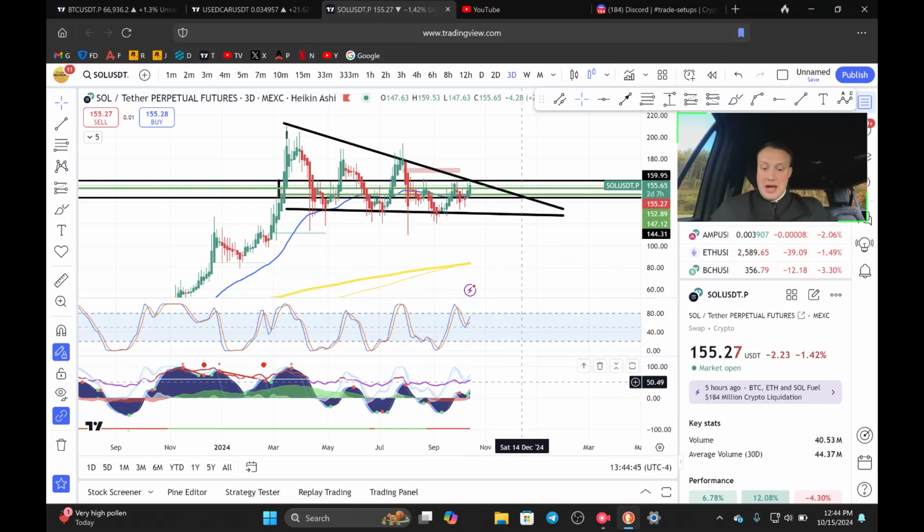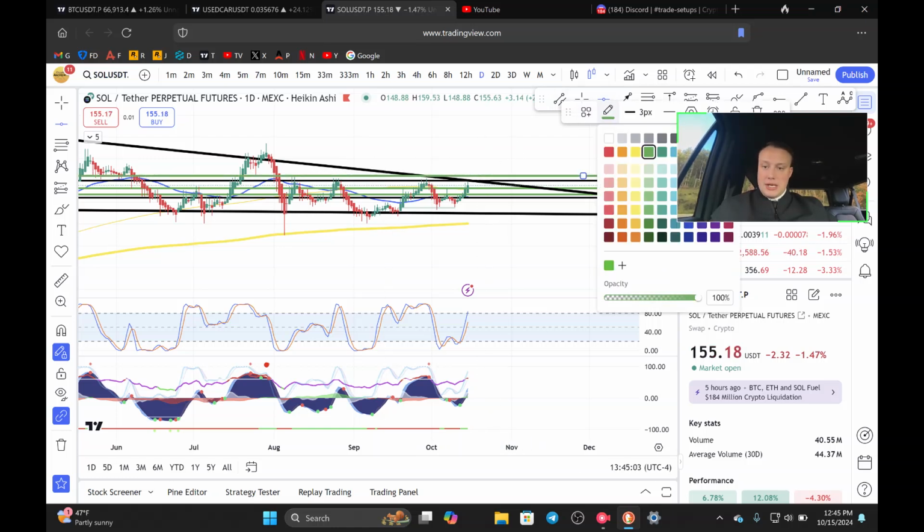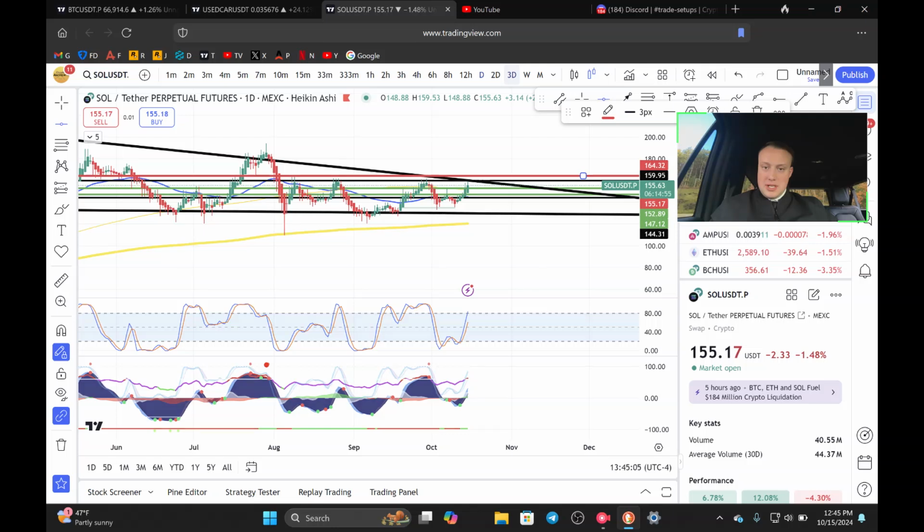And the 3-day time frame on the money flow is just getting started, just crossed the zero line, and now the money flow looks really good to me on the 3-day time frame. On the daily time frame, it is getting overbought, but if you can break $165, I would say that would be a breakout, because you can see, if I go back to the 3-day time frame,